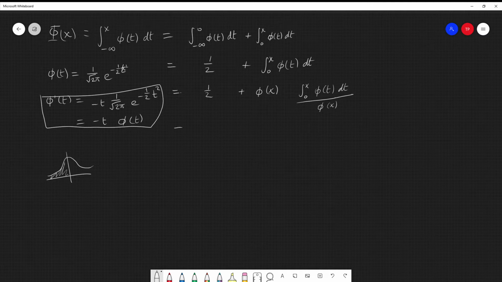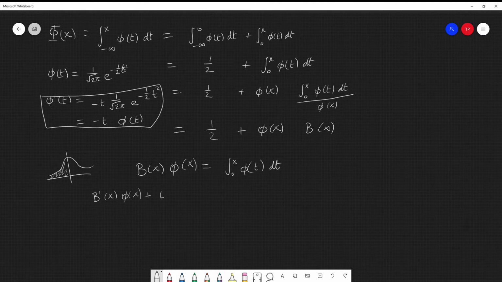Now I'm just going to introduce a bit of notation. We are going to write this particular term as b of x. So b of x is equal to the integral between 0 and x of phi t dt divided by phi x. So we can say that b of x times phi x is equal to the integral between 0 and x of phi of t dt. Now we can differentiate both sides, so we get b dash of x phi x plus phi dash of x b of x is equal to